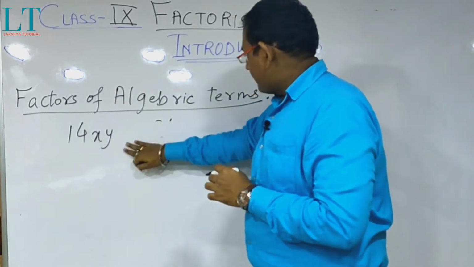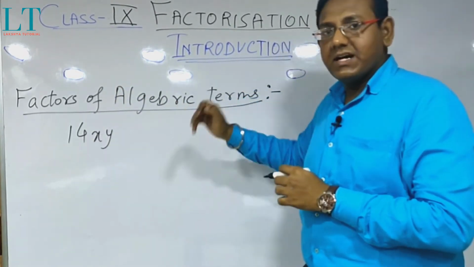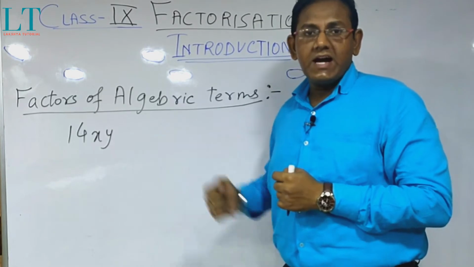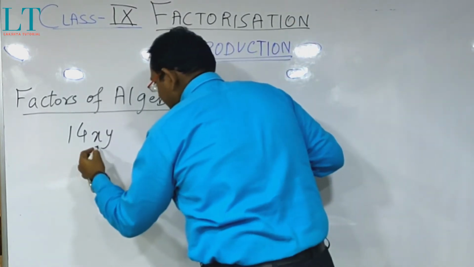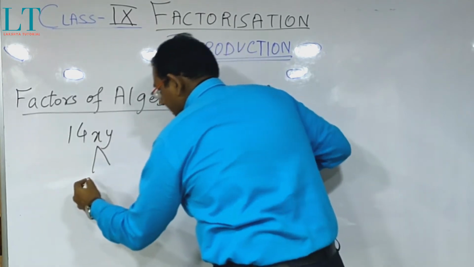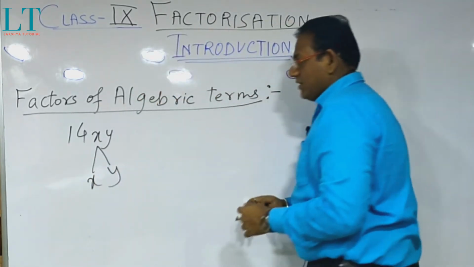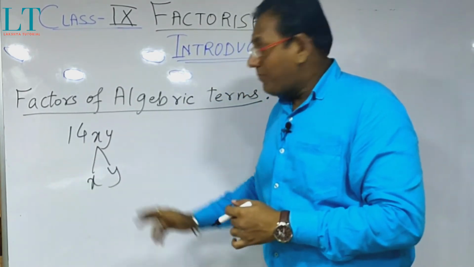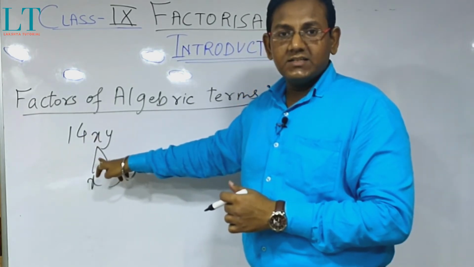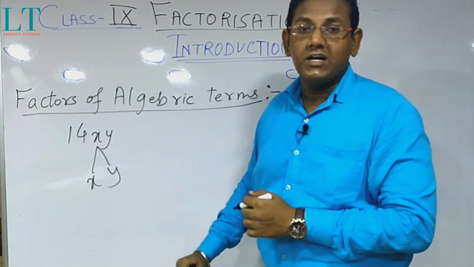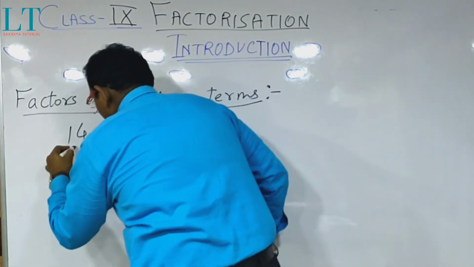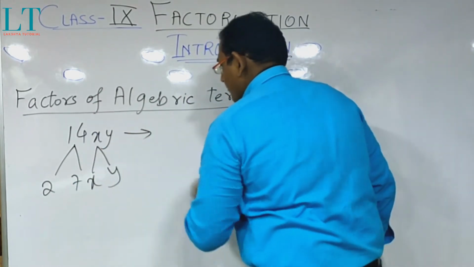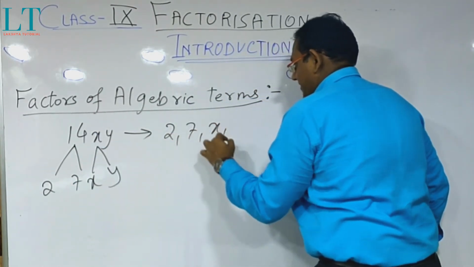Leave this number as of now. Let us discuss this first, then we will come to that. If I want to find out the factors of this algebraic expression, what are the factors in this case? The factors of the algebraic part are one x, another one is y. We are just breaking it up, as x is a factor, similarly y is a factor. But what about this 14? We have already discussed how to factorize 14: it can easily be factorized as 2 and 7. So the factors in this particular case are 2, 7, x, y.